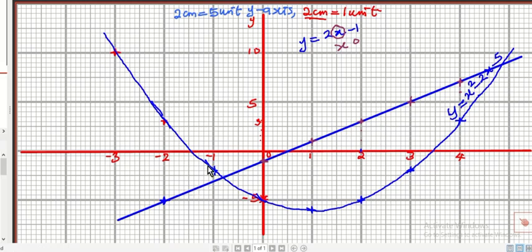First, let me clean it, and then when x is minus 1, why am I struggling with this minus 1 thing? When x is minus 1, y is supposed to be minus 3. So that minus 3 should be that point, okay? That is the straight line, and this is the graph. So the next question is